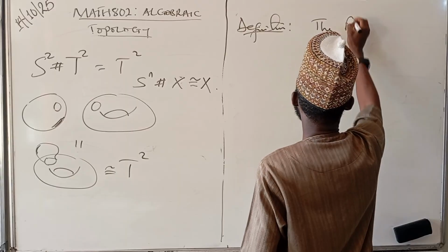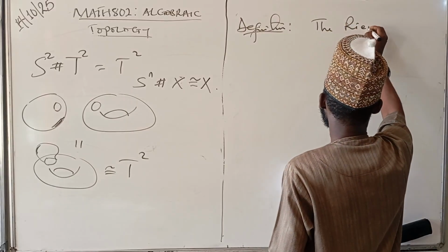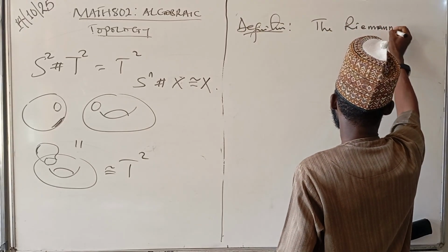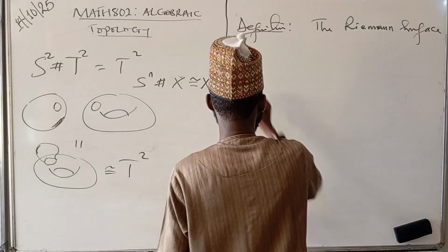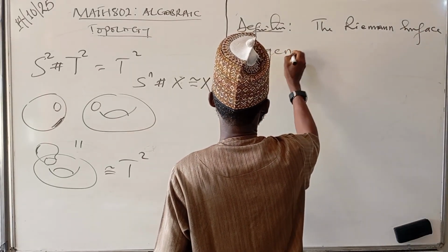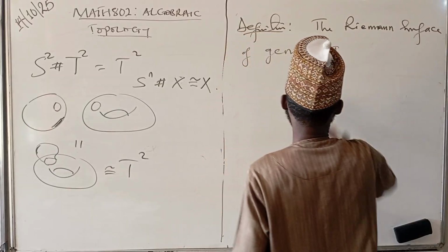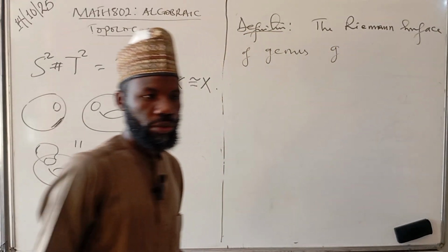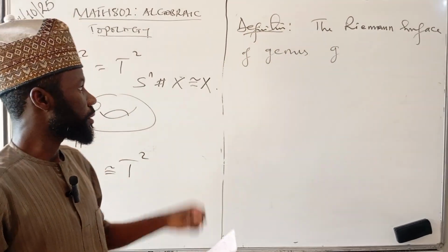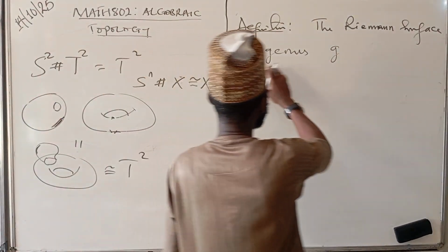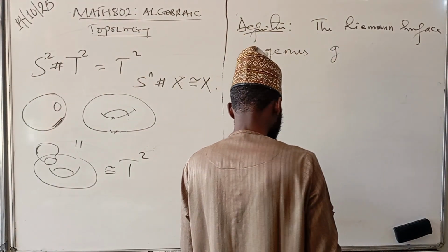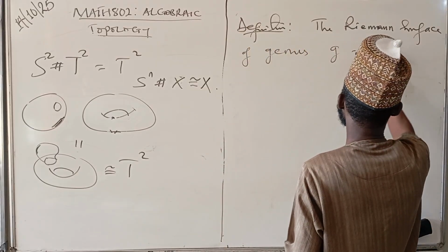So the Riemann surface of genus G. Genus is actually the number of holes included in the surface. So the Riemann surface of genus G is defined to be